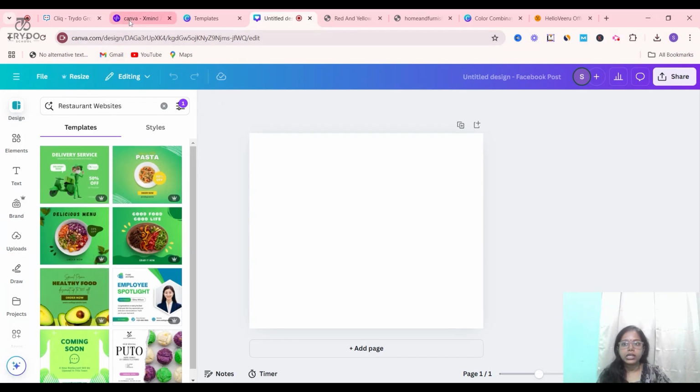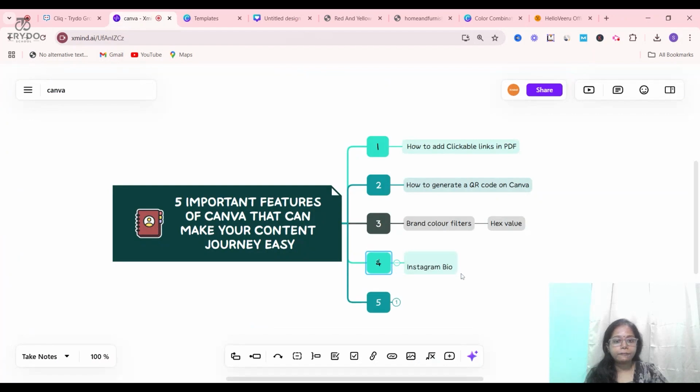Right? Now coming back, the fourth option. In the Instagram bio, you would be adding just one link or two links, right? Either it can be for your website or for your business WhatsApp account. Can you provide it as a single page website? See, in Canva, you can create a single page website where the links are clickable. Whenever people click over it, they will be redirected.